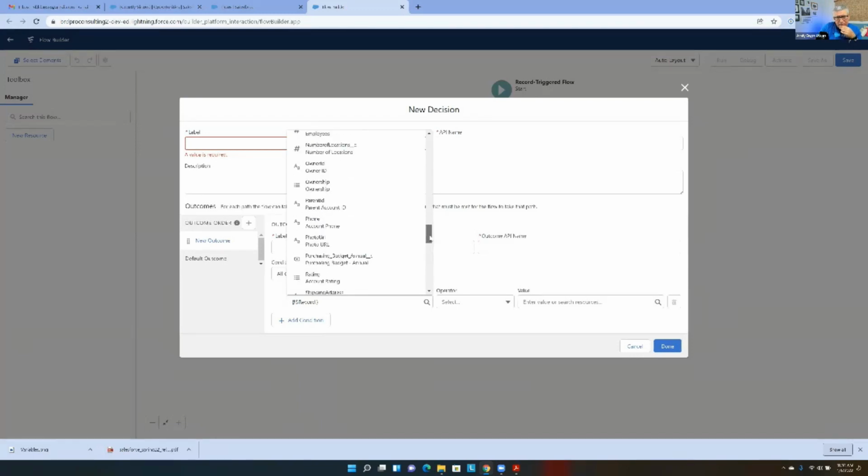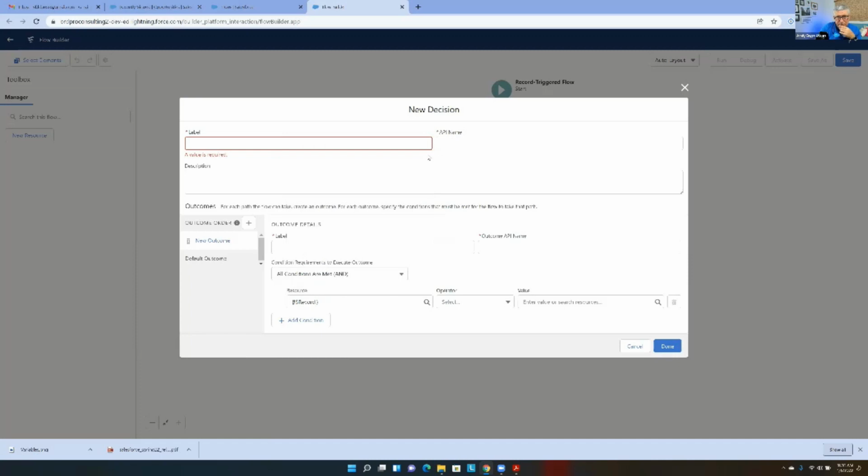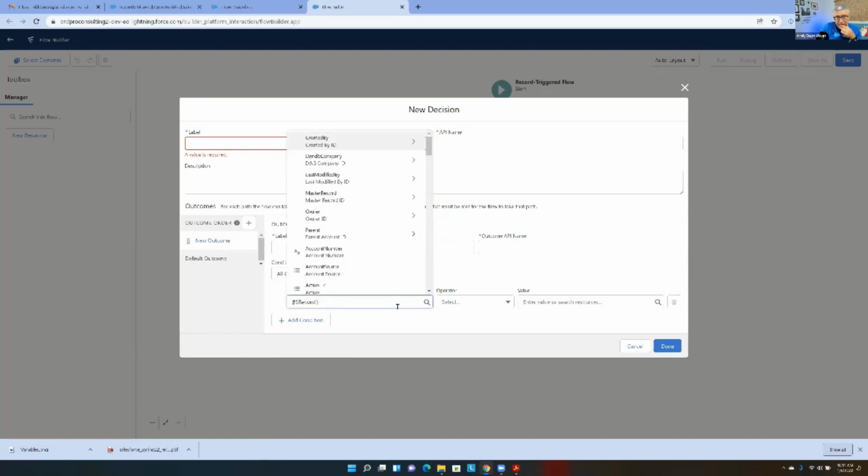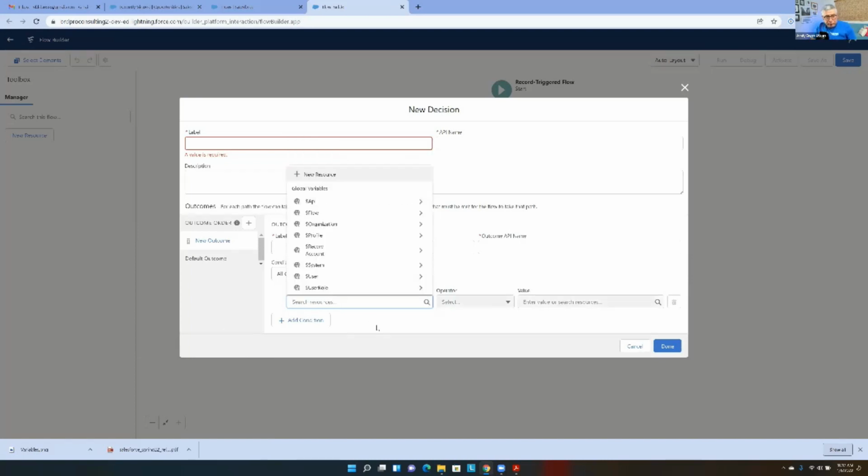Rating would be a good one probably to update. And another one here, I think there was an annual revenue one, right? Yes. So what we can do is look at the annual revenue, and then make a rating decision based on that, right? So that would be a good use case for this. Now, to be able to do that, I need to evaluate a field value that's on the record that triggered